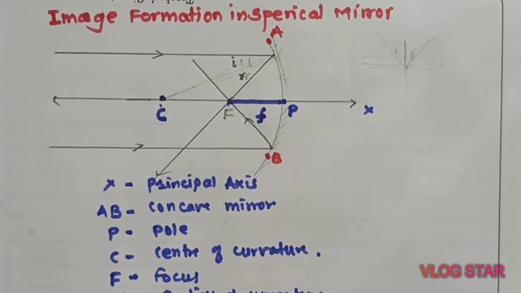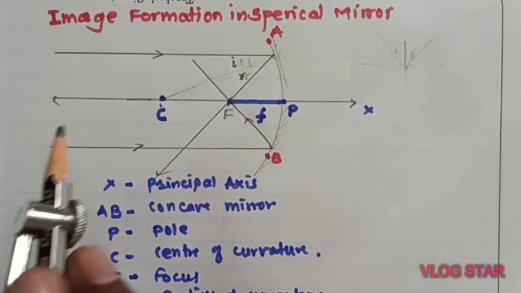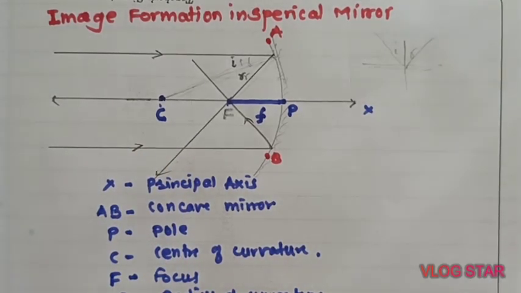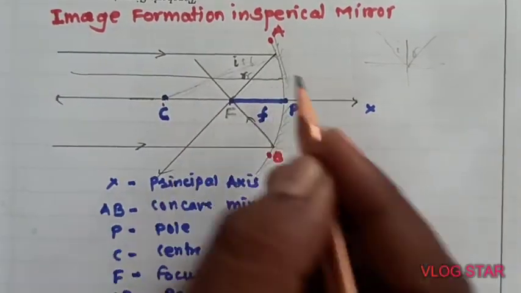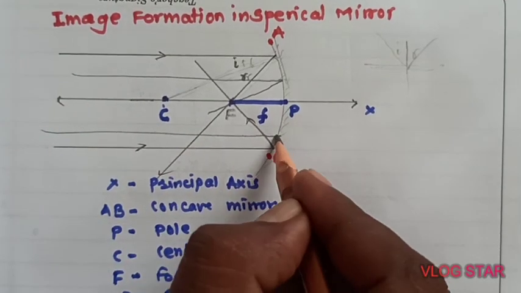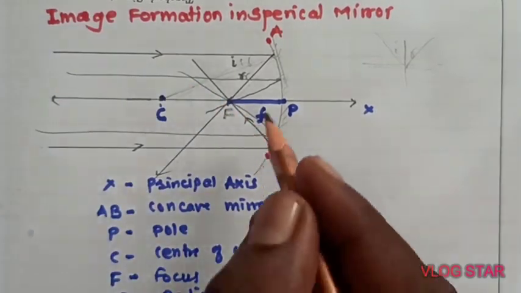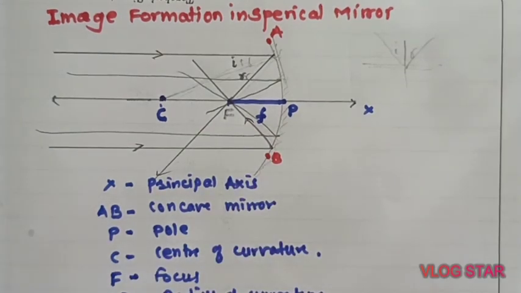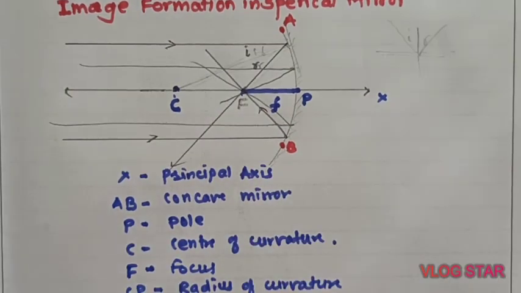So if you want to have more incident rays, draw one more ray, after reflection it should pass through focus. One more reflected ray, after reflection it should pass through focus. So all the rays meet together at F. So in this video we have just discussed the terminologies used in a ray diagram. In the next video we will see exactly how the image is formed in concave and convex mirror, what is the position and nature of the image.